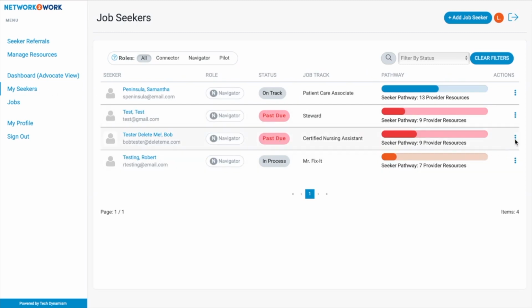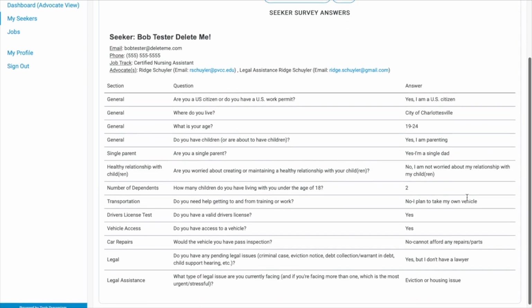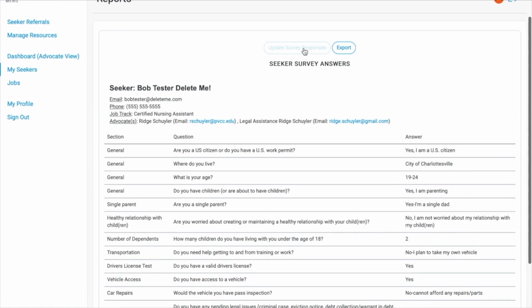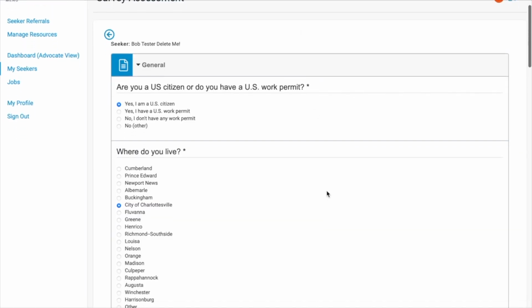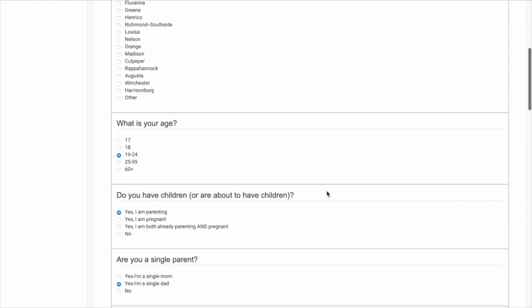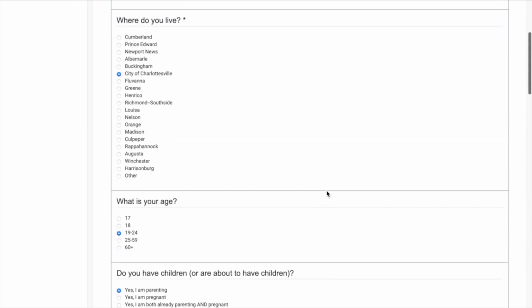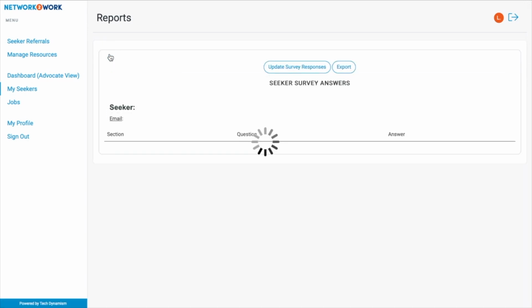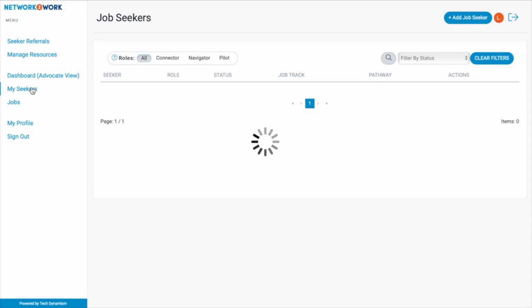and again, clicking on the three buttons, you can view the job seeker's survey. So these are the answers to the questions that connected them to the providers along their pathway. You can update that survey if circumstances have changed or if your job seeker hasn't completed the survey for some reason. You can go in here and update the survey using that button. And by clicking the back arrow, you can again go back to the My Seekers roster